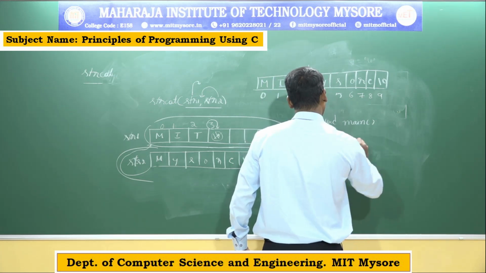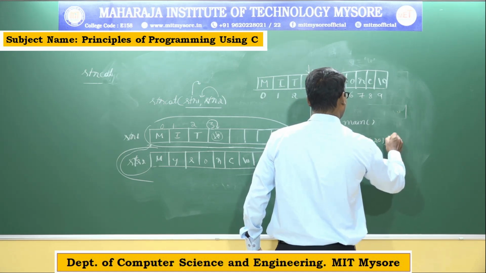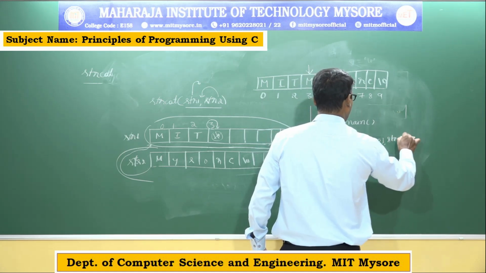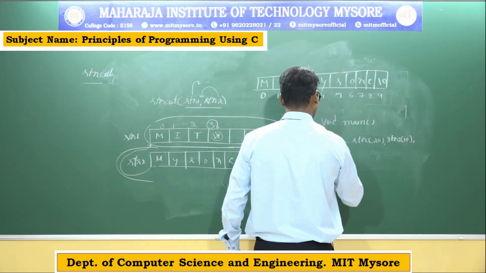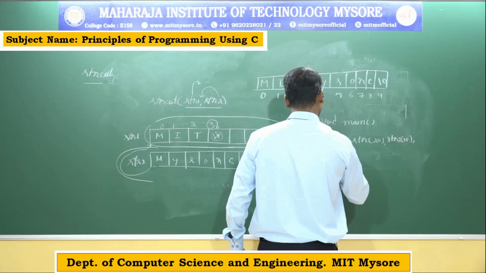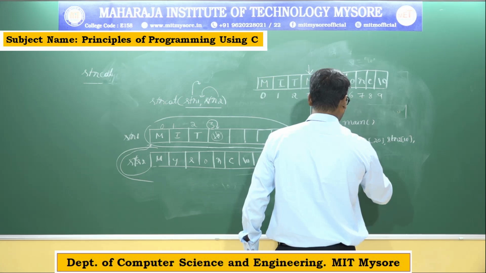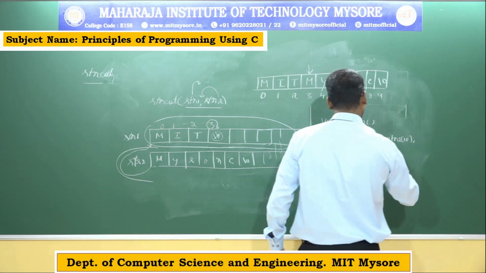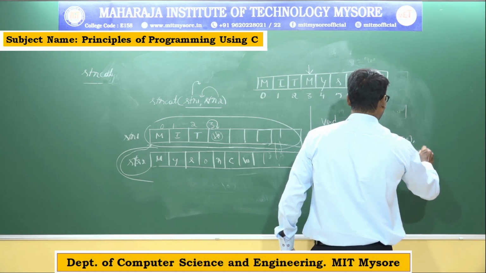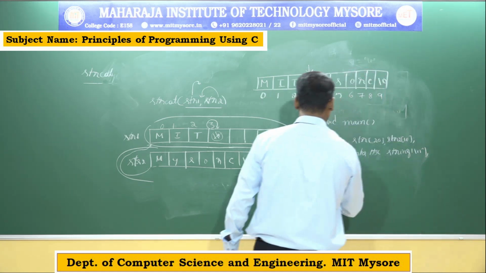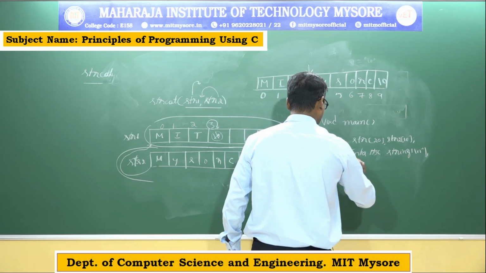We need 2 strings, str1 of size 20, str2 of 10. Then printf("Enter the string 1\n"), gets(str1);